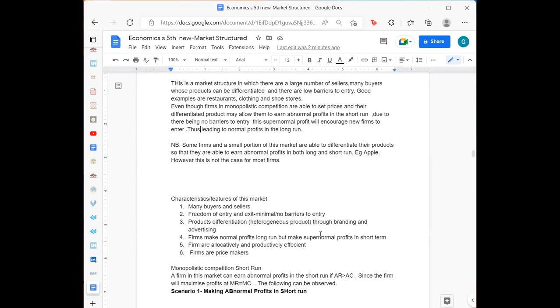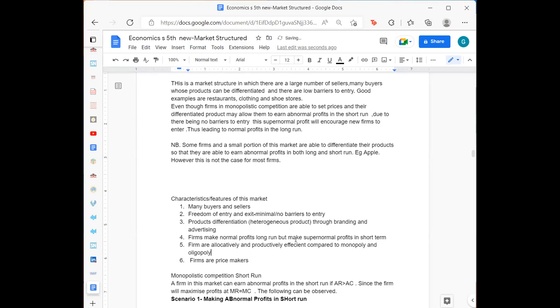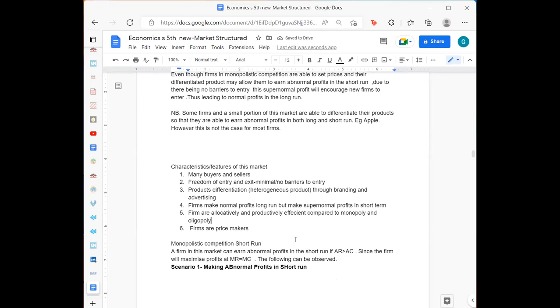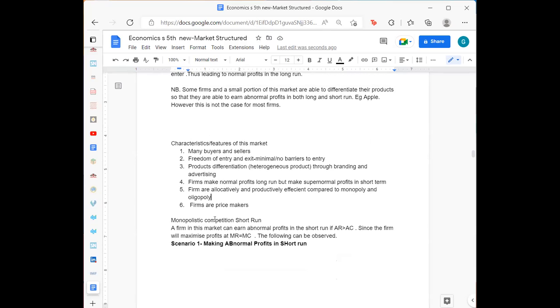If they are run poorly. They are also allocatively and productively efficient compared to monopoly and oligopoly, right? And they are also price makers, right? So just as before,